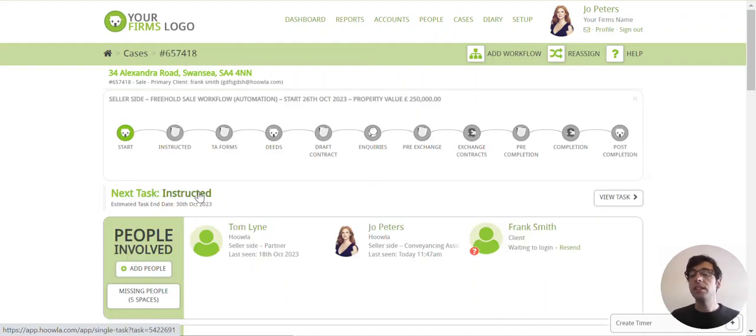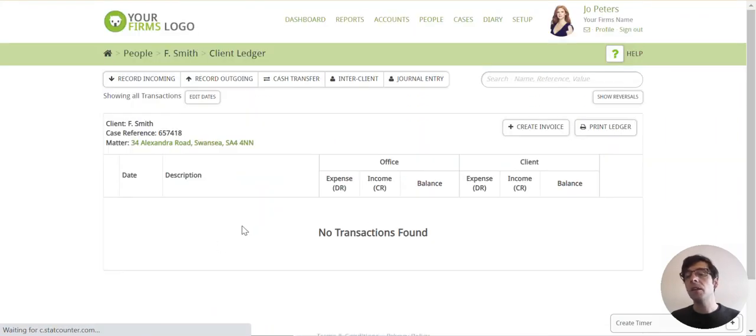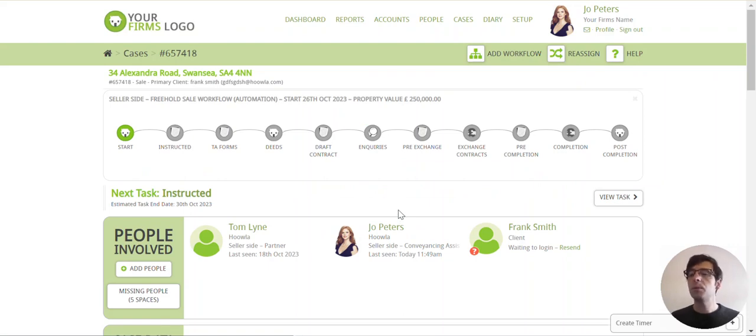So if I was doing a more interactive demo, and if you're seeing things that you like and you want to book a demo with me or my team personally, at this stage of the demo, I would ask you what you would like to see. That could be completion statements, it could be our inquiries manager or our undertakings register. It could be something to do with accounts and ledgers, and we haven't really seen the ledgers, but on the control panel we do the traditional, what I call textbook layout, so client on one side, office on the other. Come back to that later. But different people will have different things. Now, obviously, I can't get your feedback on this video, so I will choose for you,